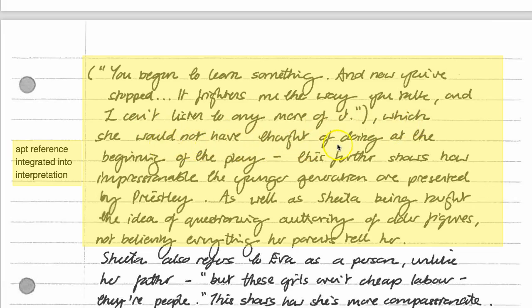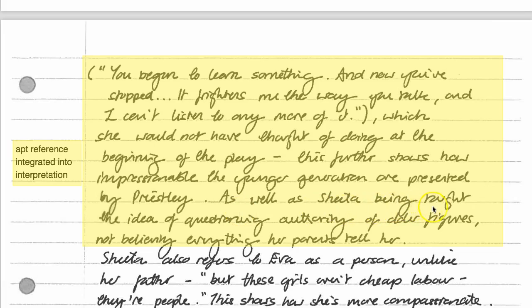Which she would not have thought of doing at the beginning of the play. This further shows how impressionable the younger generation are presented by Priestley. So that's not badly made. She didn't need a quotation that was that long. She could have just ended it here at "stopped" to prove the point that she's just made, as well as